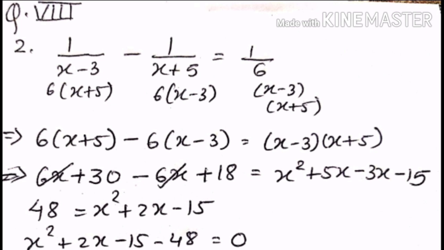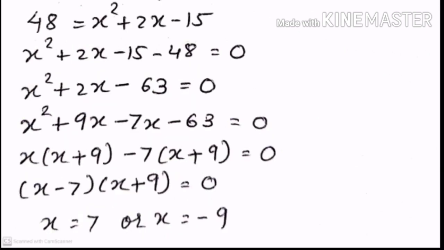And then the solution, by taking factorization. Now as we get x square plus 2x minus 63 is equal to 0, I have to find factors of 63 to get plus 2 in the middle term. So that is 9x minus 7x, and taking common from the first two terms and last two terms, we get x minus 7 and x plus 9 as two brackets, equal to 0. So we get x is equal to 7 or x equal to minus 9. So this is our solution of the quadratic equation.